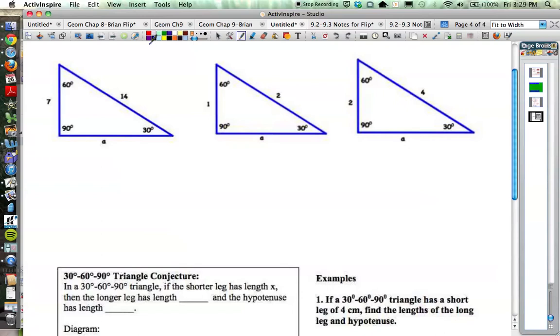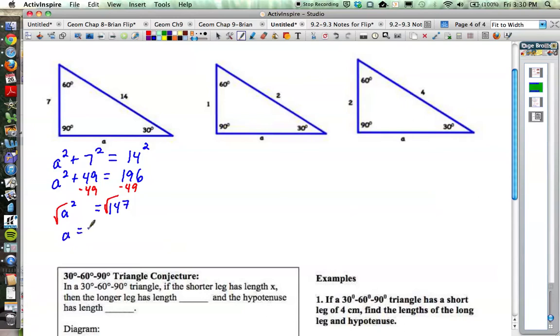All right, so let's do the Pythagorean theorem here. We've got a squared plus 7 squared is equal to 14 squared, because 14 is the hypotenuse, so we have to make sure it's on the other side of the equal sign where the c would go. So that would mean a squared plus 49 is equal to 196. If we subtract 49 from both sides, that would leave us with a squared is equal to 147. Taking the square root to get a by itself, we have a is equal to the square root of